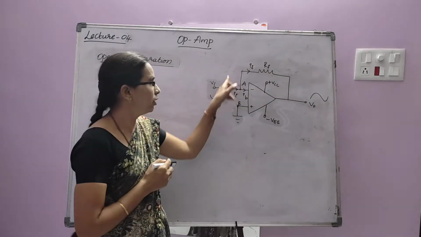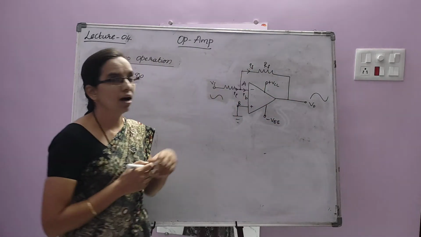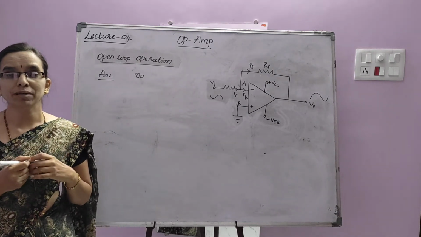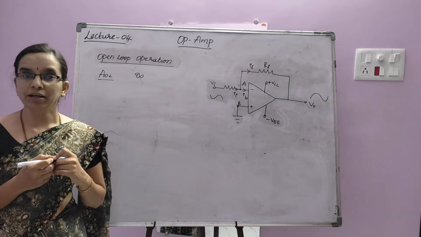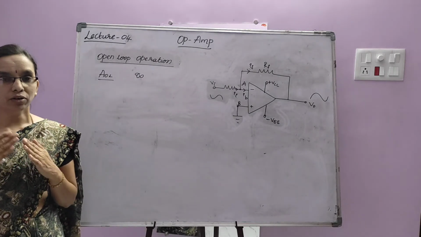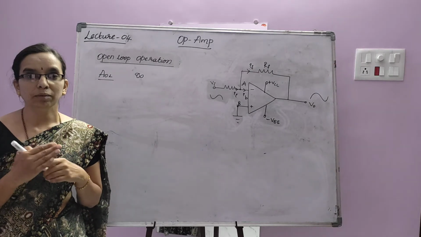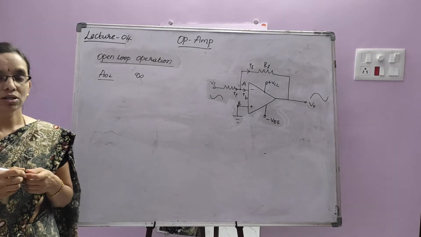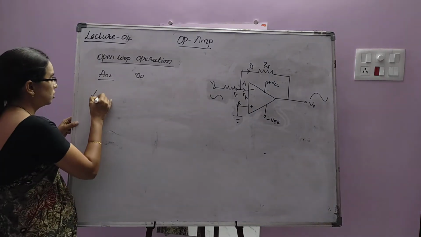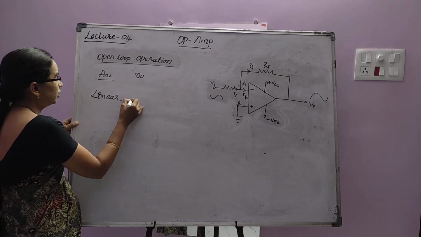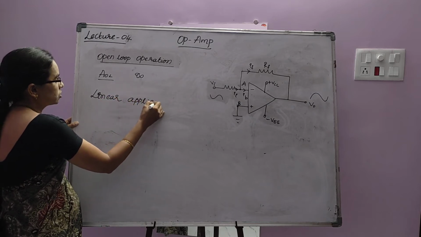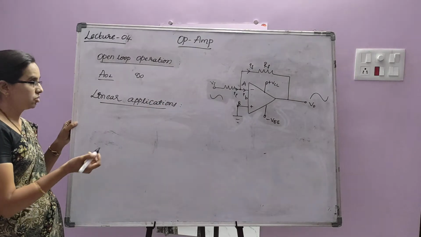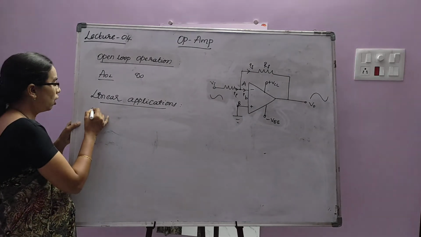Output voltage is fed back to the input through a feedback resistor RF. So, op-amp has a wide range of applications in its negative feedback operation. Now, what we are going to discuss will be the operational amplifier with feedback connection. Op-amp applications in negative feedback are divided into linear applications and non-linear applications.